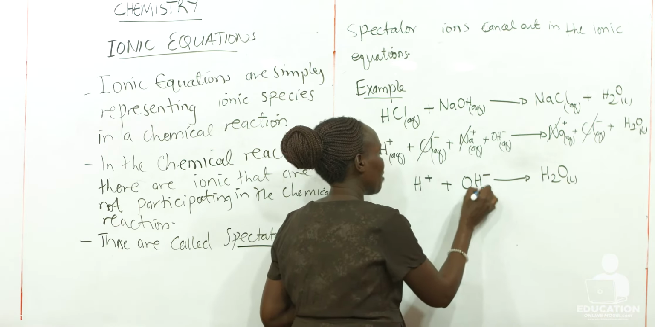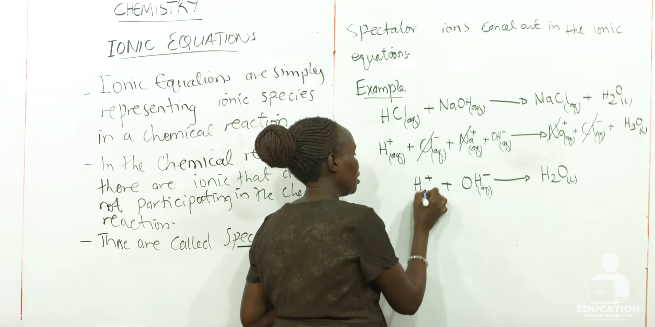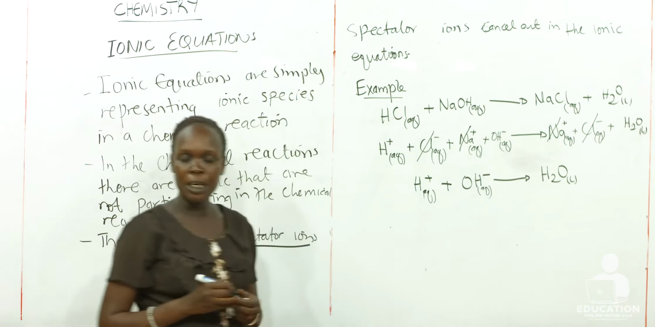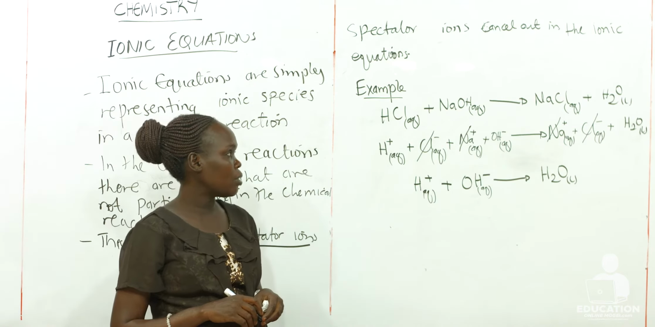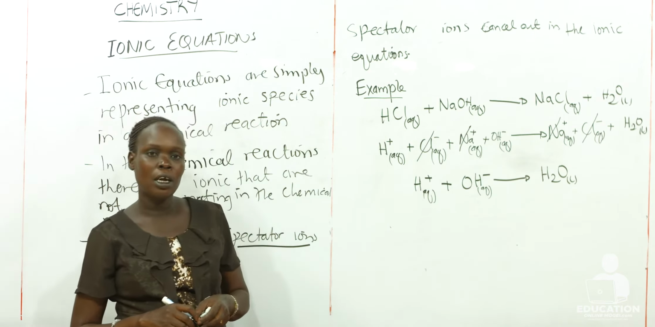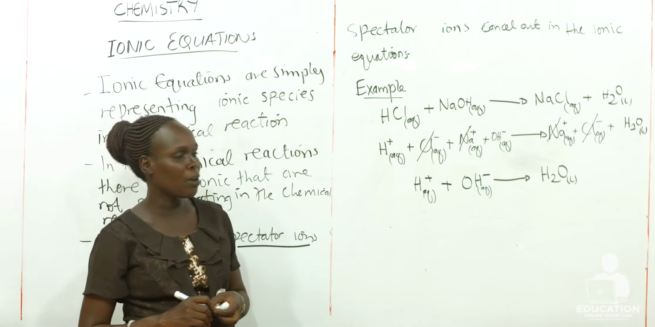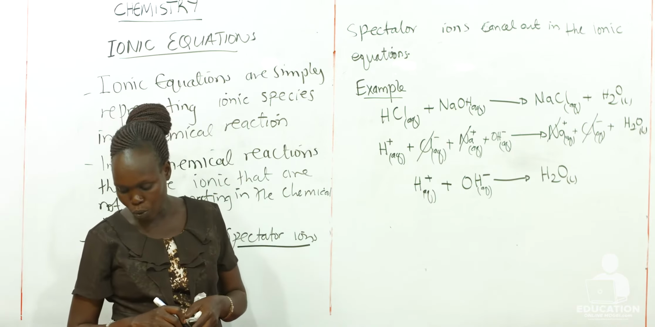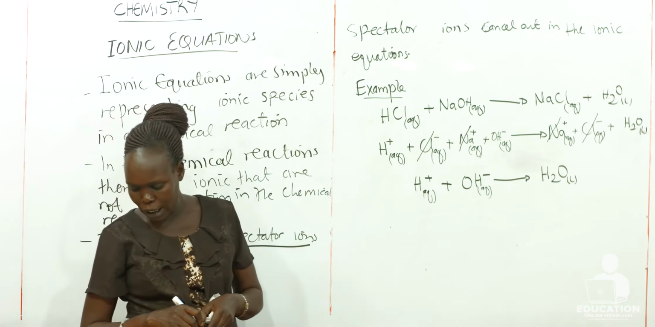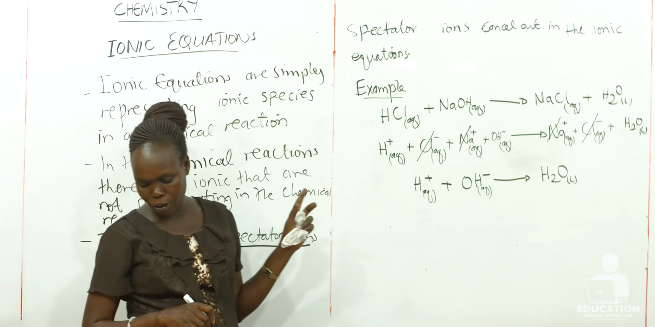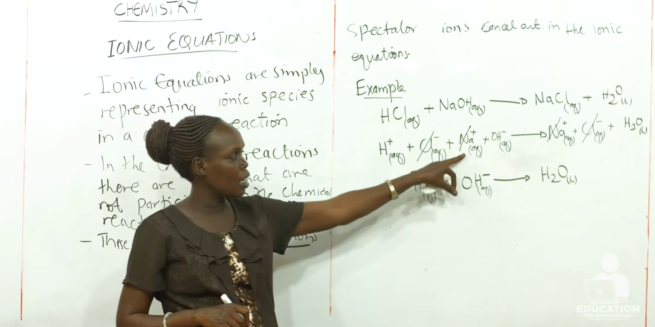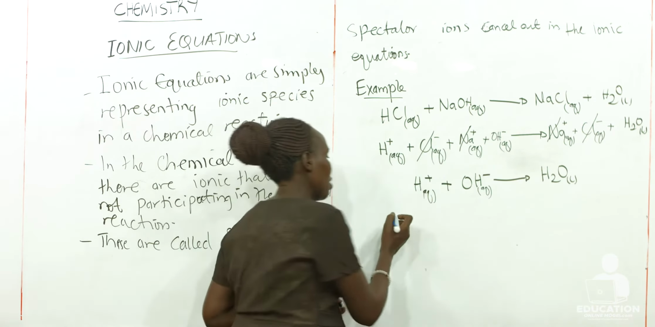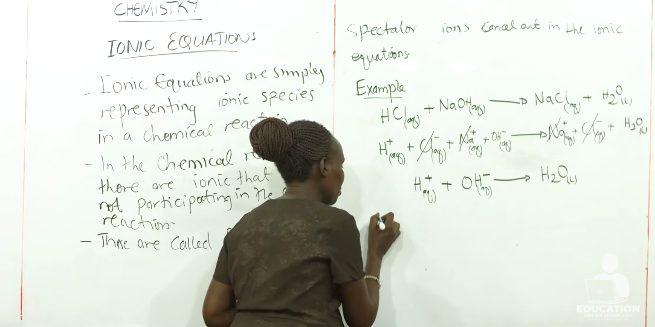So here we have seen the ionic equation for the reaction of sodium hydroxide with hydrochloric acid to give us sodium chloride plus water. In this reaction, the spectators on both sides are the chloride ion and the sodium ion. The spectator ions, therefore,